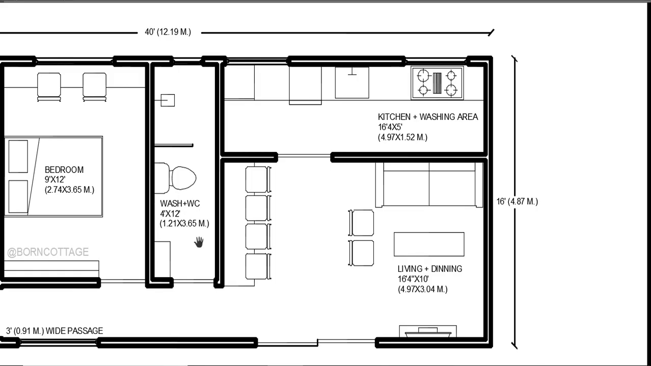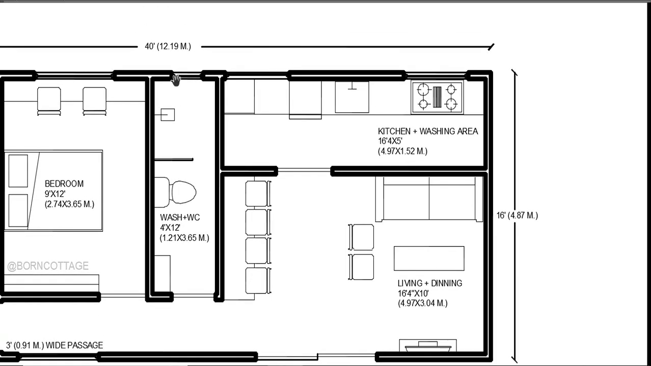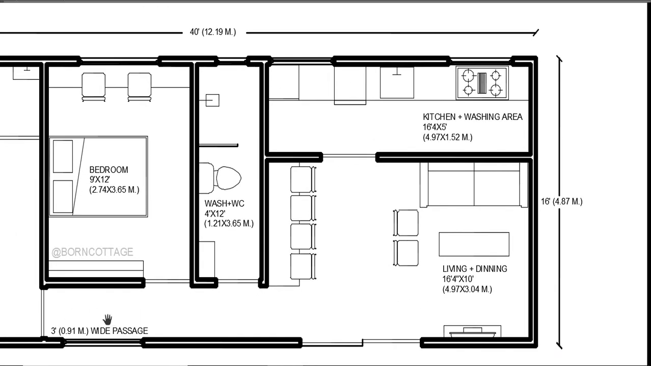After that we'll go on the left side. So we have common use washroom plus water closet here. You can see here the wash basin, water closet and the shower area, and we have a ventilator for ventilation of this washroom. If you go inside, so we have 3 feet in meter 0.91 meter wide passage here,